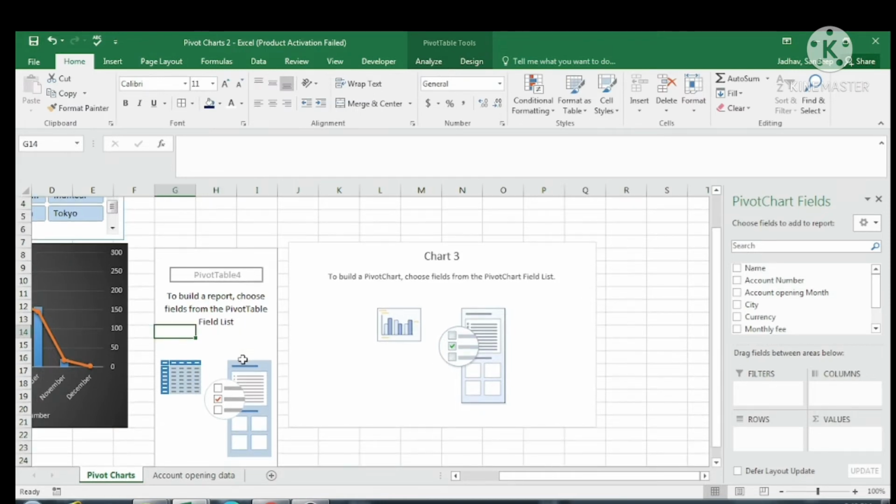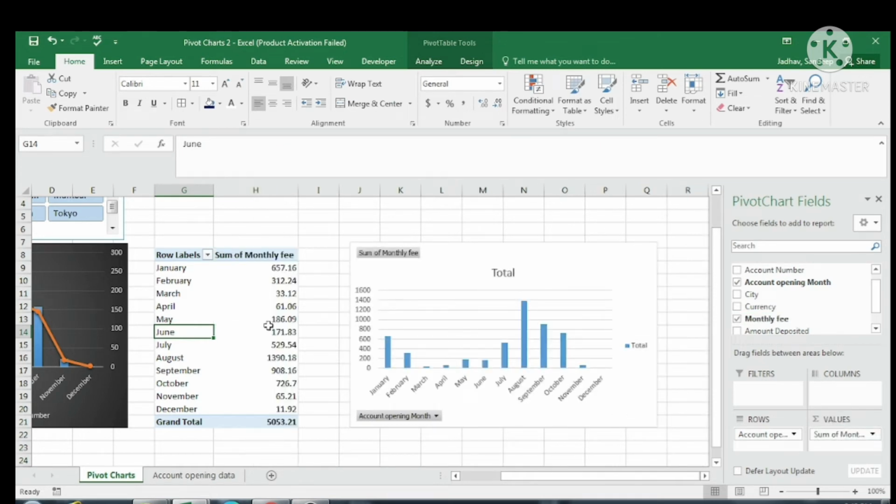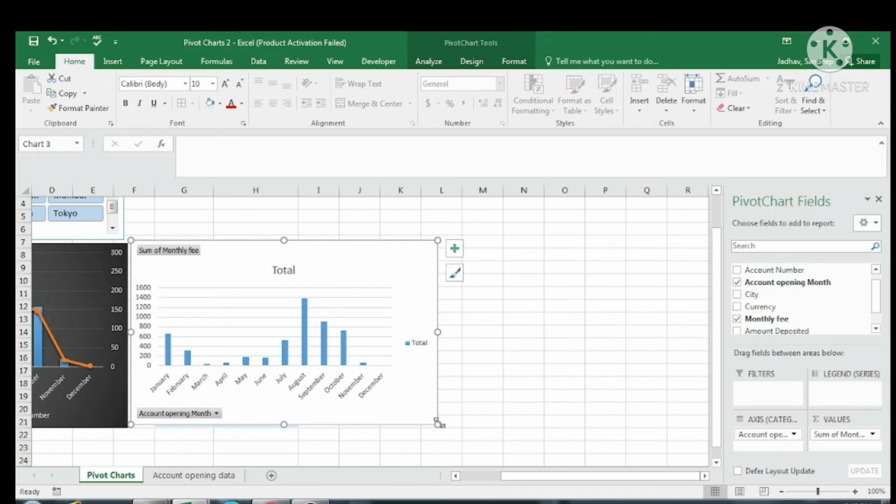Now this I want month wise, monthly fees collected. So again I will take month, account opening month, this one on the row side, and now I will take monthly fees collected for each month like this. So this particular chart is ready. I will place this chart on this particular data table,